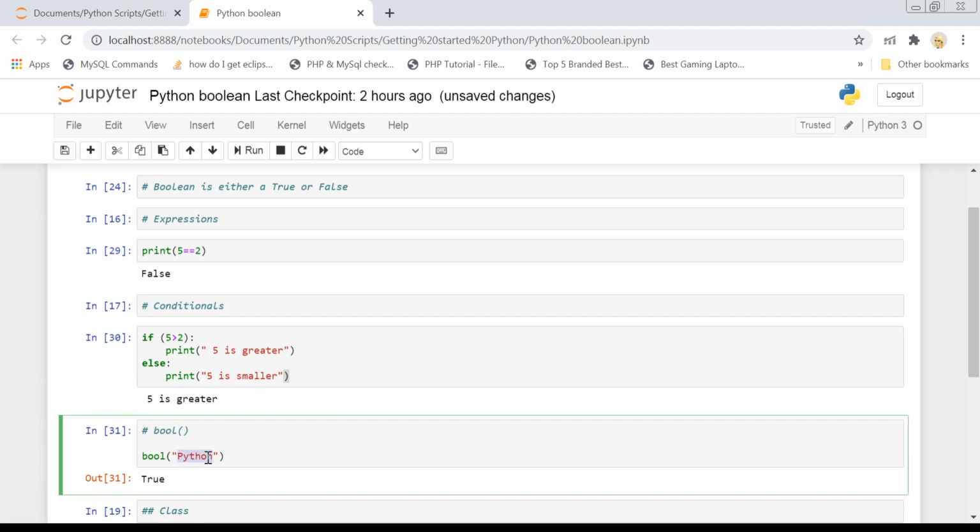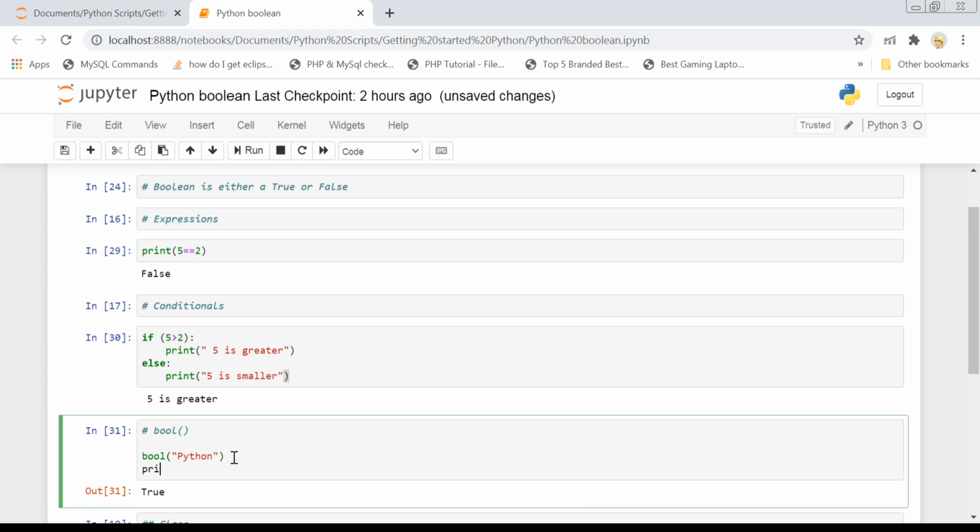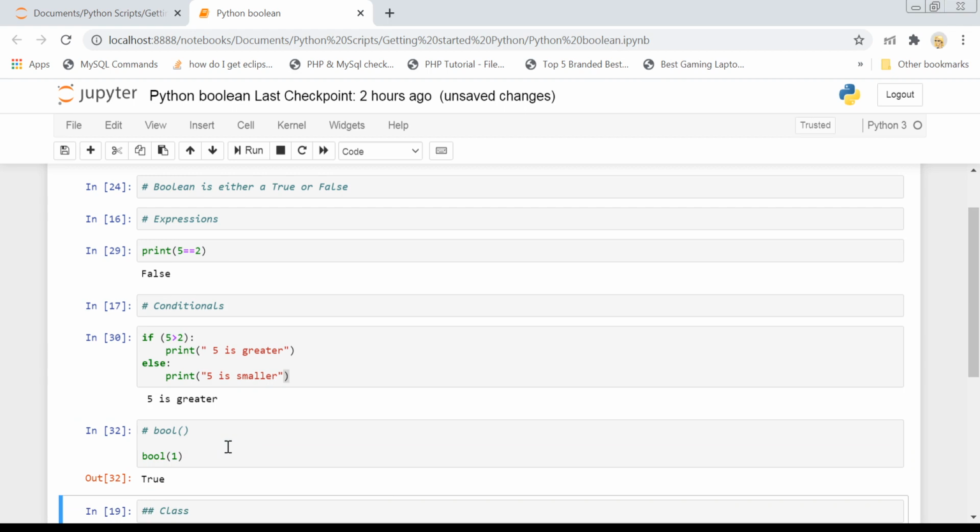So how does this bool function work? It gives you a true value in almost all cases. If you pass any string, any integer, or any value which is actually present, it will return true.